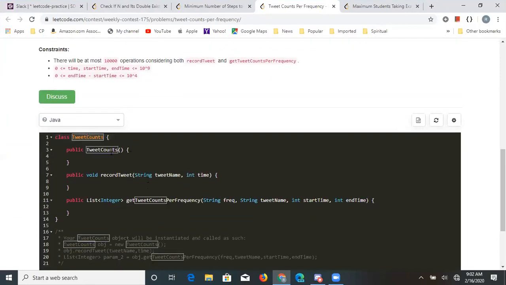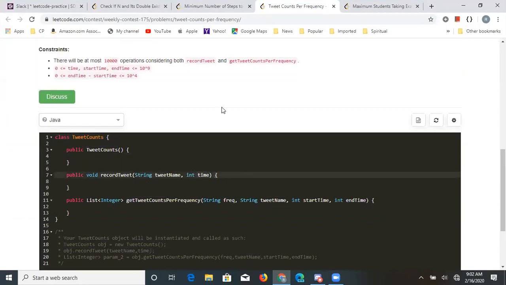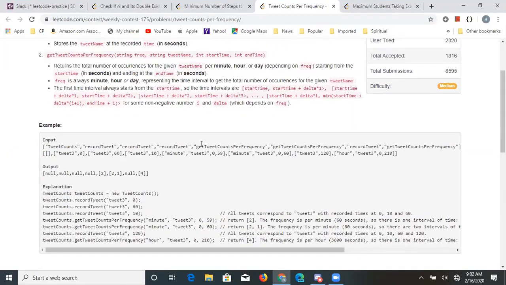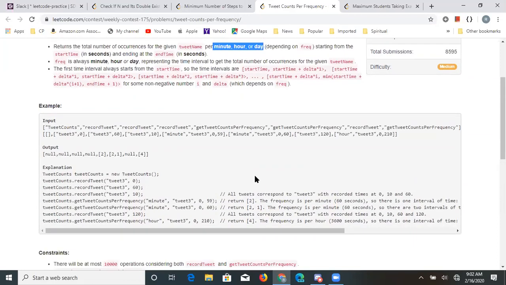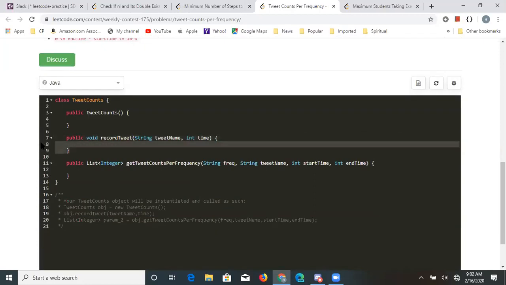So you have to build a class TweetCounts. It has two APIs. One is tweet name and another is time. Time could be minute, hour, or day. It's an int. We'll go to the details soon, but just understand that for any tweet we have to